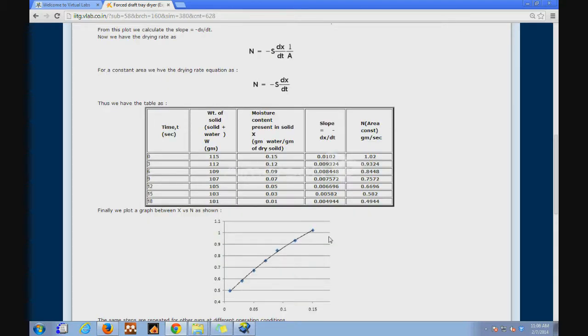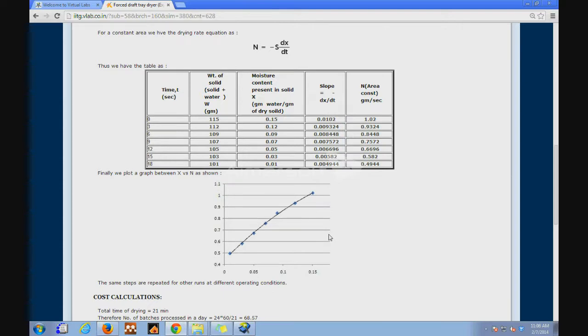And lastly, we had a plot of x versus N, where N designates the drying rate.